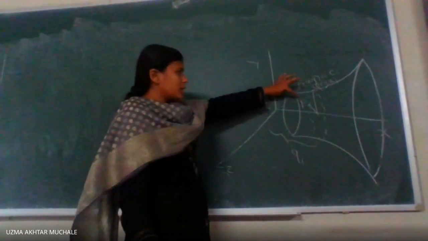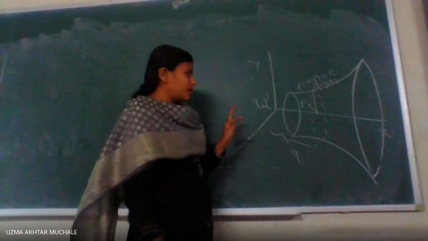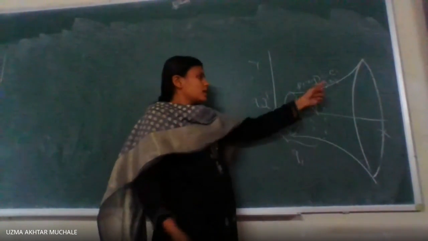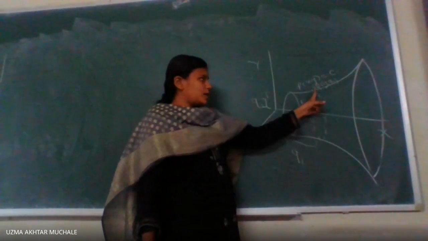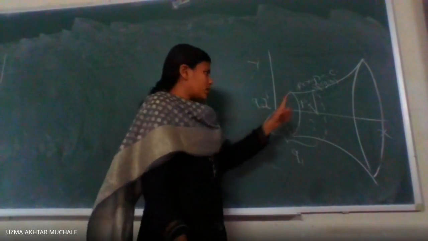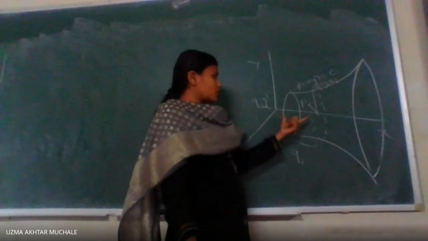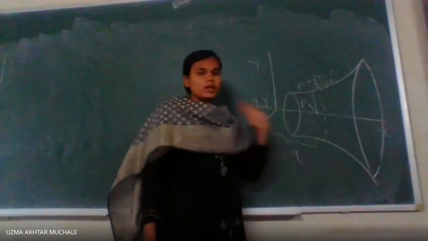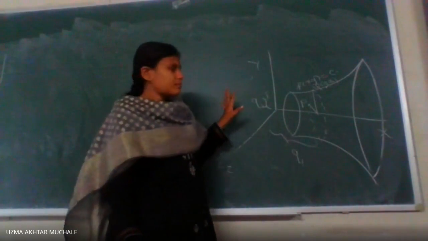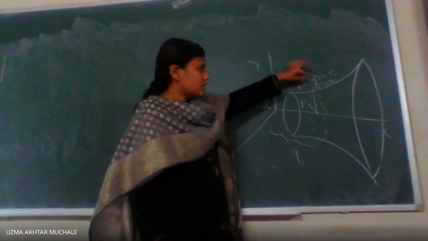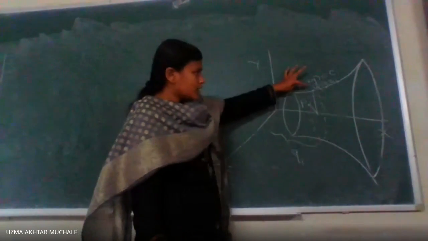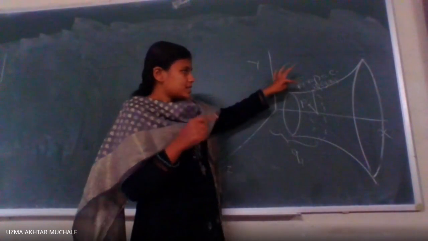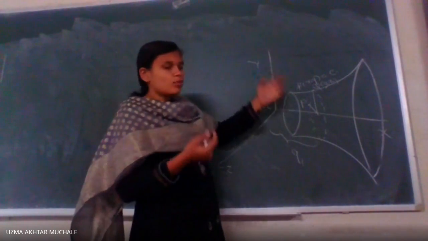After revolution, it will come to a point P. And what is the radius? Radius is Q2, which is nothing but our second coordinate of a point Q on the curve. And what is Q1? Q1 is the distance of that point or the circle from our origin in the direction of the x-axis. I hope everyone understood this. These are the two points Q1 and Q2, and this point Q, after revolving around the x-axis, will go to some point P with some coordinate.